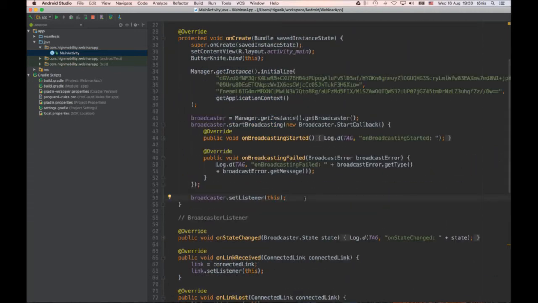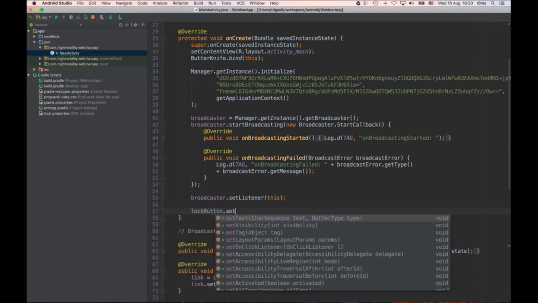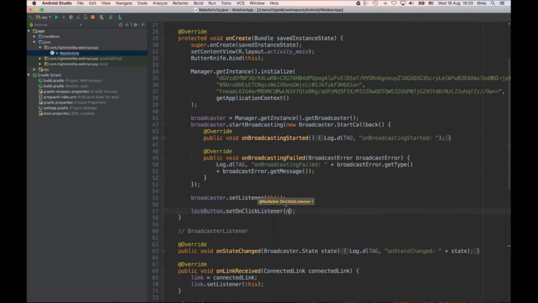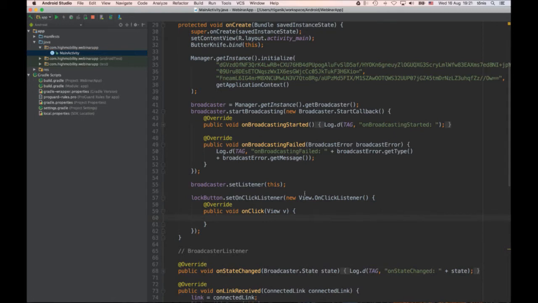And let's add a method here. Or let's just set it here. Lock button set on click listener, new on click listener,